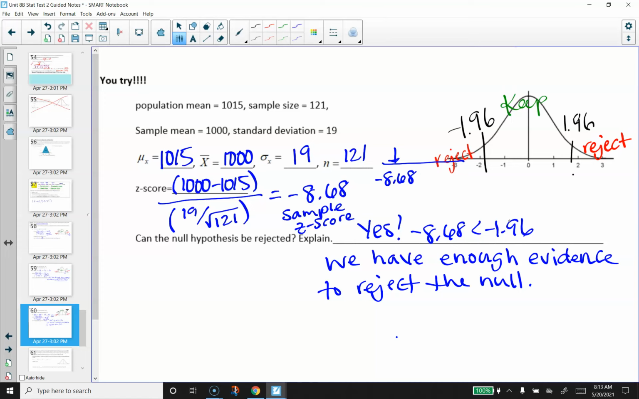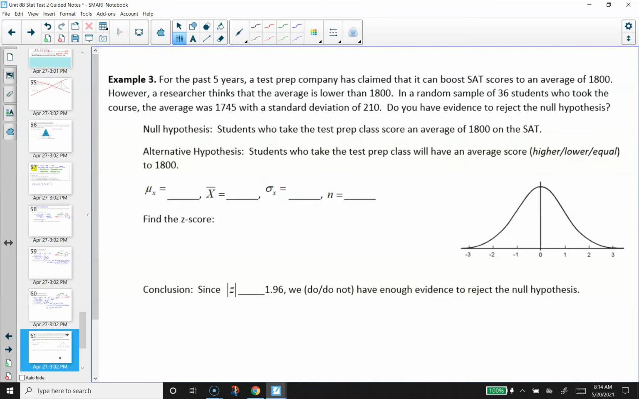All right, so that was just the calculation part and the analyzing part. Now we're going to actually apply some context to our numbers. Okay, so for this first one, we're going to have someone making a claim and then someone thinking it's different. So we're going to see, is the original claim true? That's going to be the null hypothesis, and the alternate hypothesis is going to be what someone else thinks is different. Okay. So for this one, for the past 5 years, a test prep company has claimed that it can